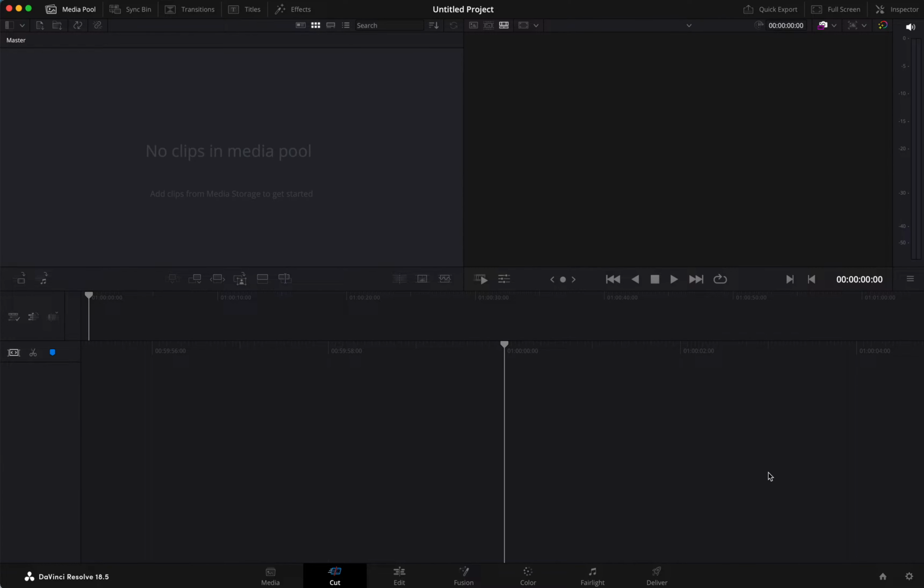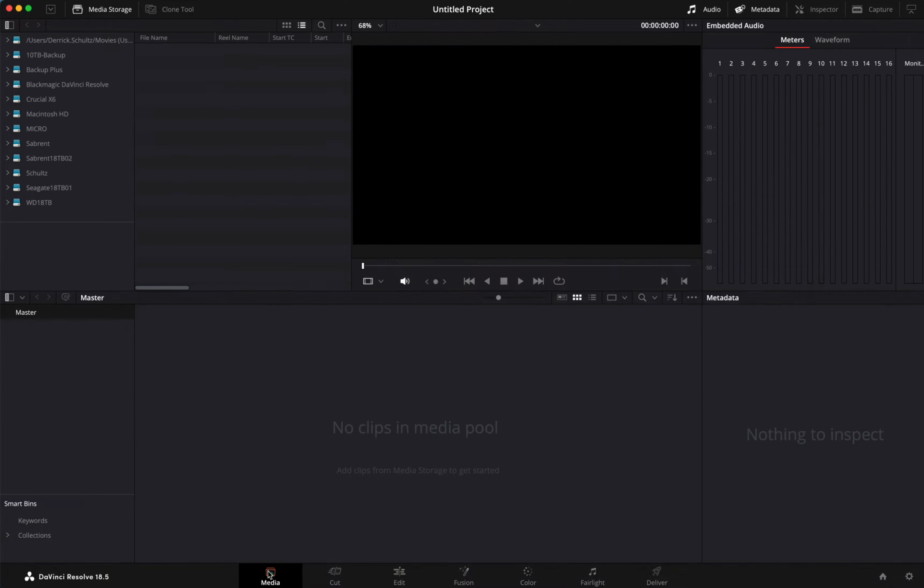Now the important thing for the free version is you have to work from the Media tab, which is down here, and you have to work before you import any files. Usually you would just drag clips into your media pool and work from them there. In order for shot detection to work in this free version, you have to do it outside of that, so basically work from wherever your files are on your desktop.